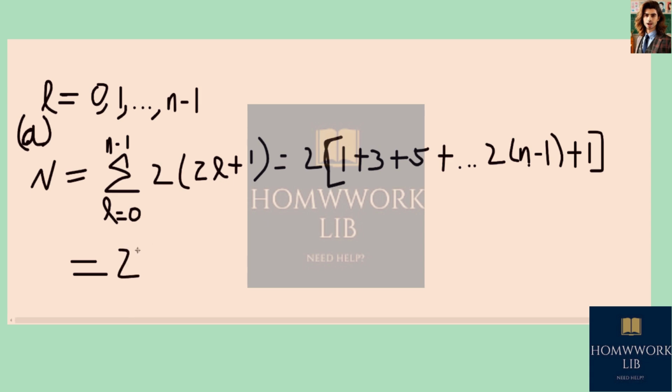this is a bracket here, not a parenthesis. 2 times, again, we have 1 plus 3 plus dot, dot, dot, and 2n minus 1 plus 1. So that's 2n minus 2 plus 1, or excuse me, 2n minus 1. Right? But so the quantity in the bracket has n terms whose average value is equal to 1/2 times 1 plus 2n